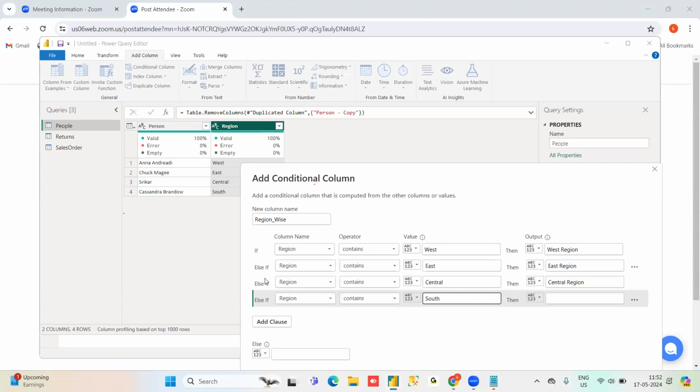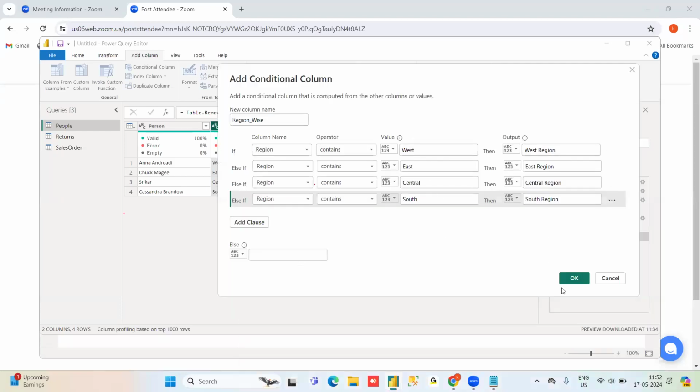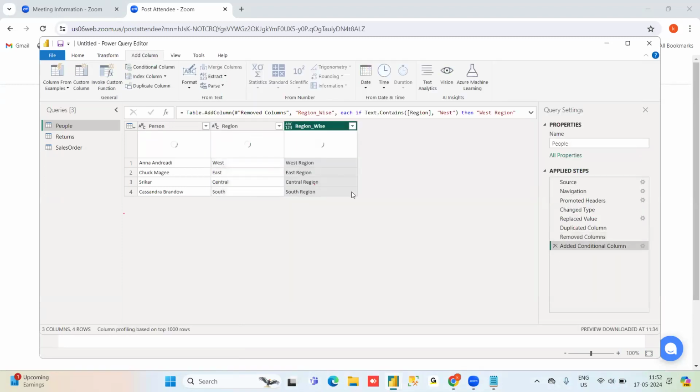I'm writing one if condition, kind of if, else if, else if, else if you observe the left hand side. If condition I am not going to explain here. We already discussed it multiple times in our SQL Server classes. That is the conditional operator. You know how it works. I'm just clicking OK. Then it is going to create another column. This is the conditional column that I have added.